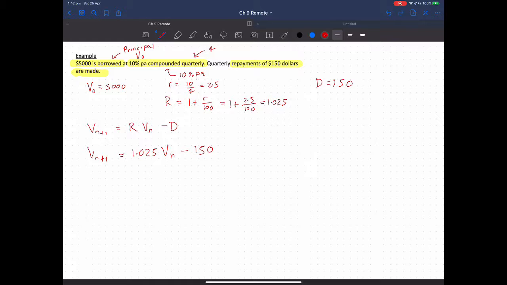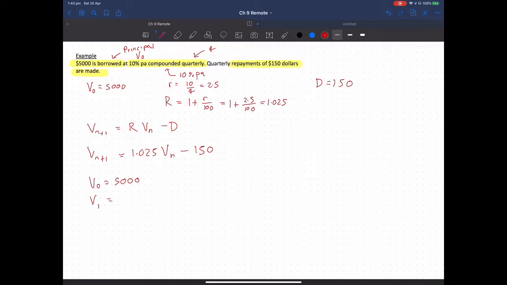We've now identified everything that was in our question. So we could go ahead and work out a whole series of things like this about how much is owed or not owed. Will this ever be paid off or not paid off? If we went ahead and said, well, V0 is equal to 5,000,